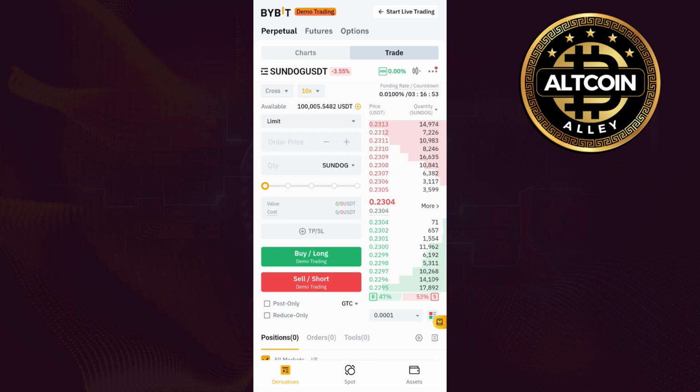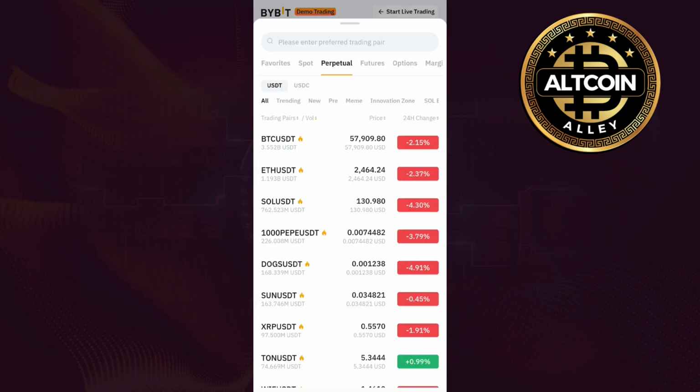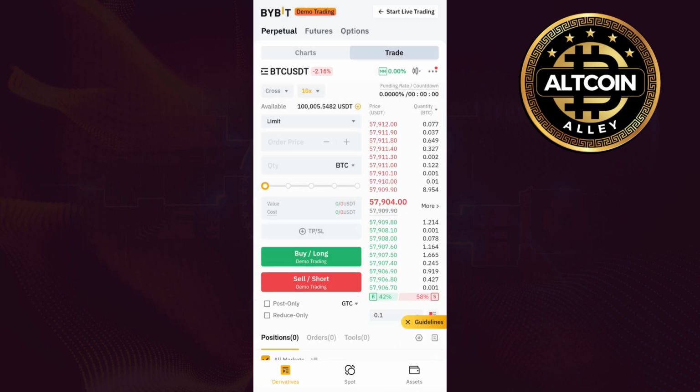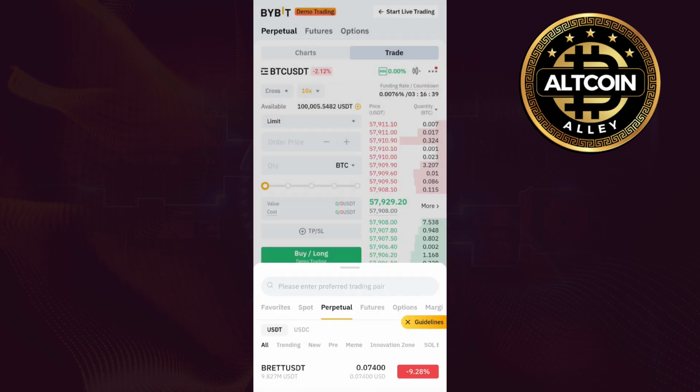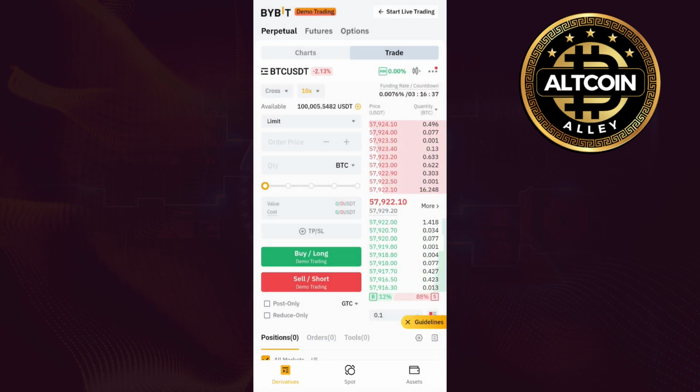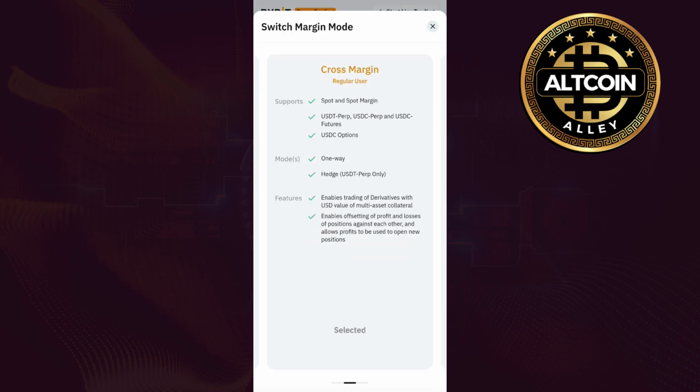Now over here you can read the charts, you can see the pricing of the coin, you can even change the pairs. Let's say I want to change the pair to BTC USDT, so you just have to simply tap on this section, and from this list you can select any coin of your choice. Since I have selected the BTC USDT pair, after that you just have to simply tap on the cross option,